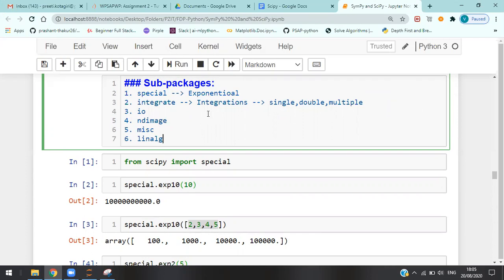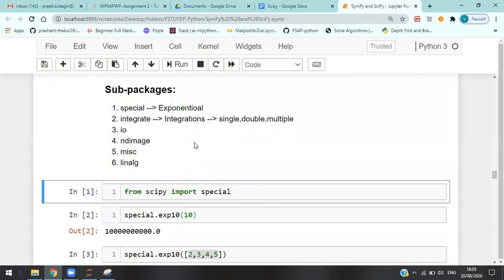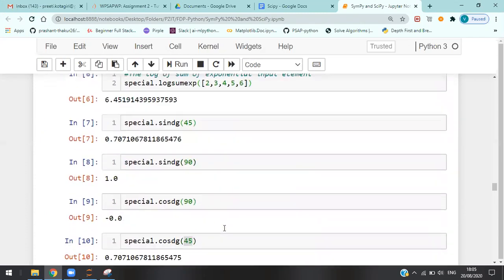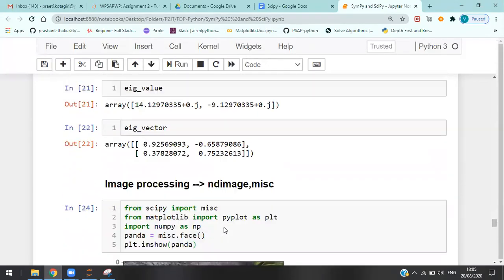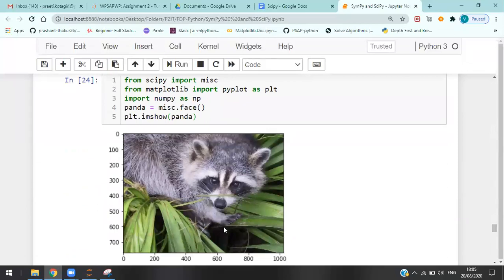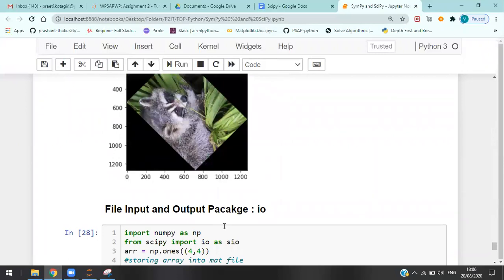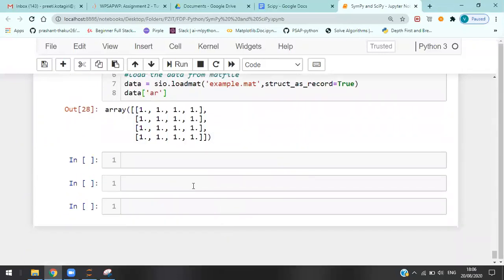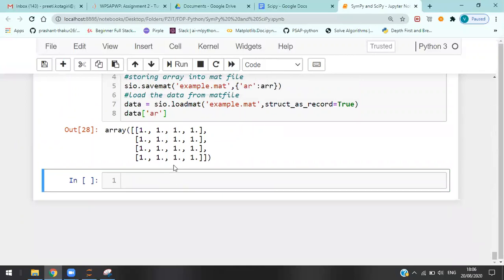Not only these, there are lots of subpackages, but I have given an introduction to these subpackages only. I request all of you to go through the different packages which are there in SciPy. In the document, I'll mention the different subpackages available in SciPy. I'll add some resources for this. Just go through those resources. This is just an introduction to the SciPy package.